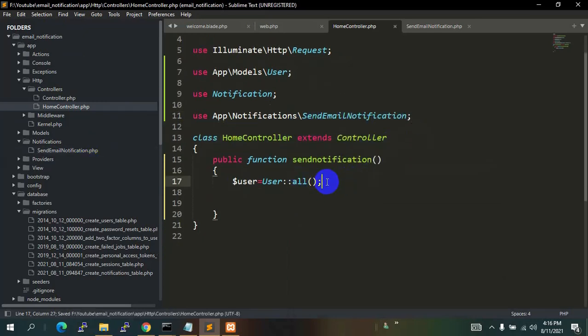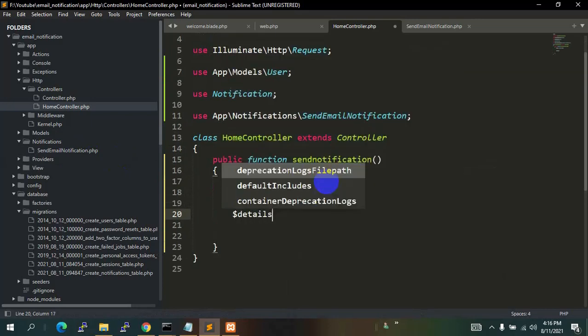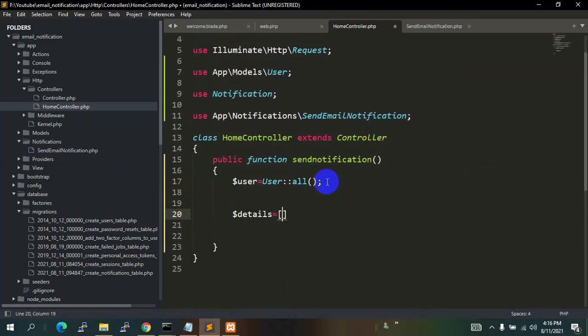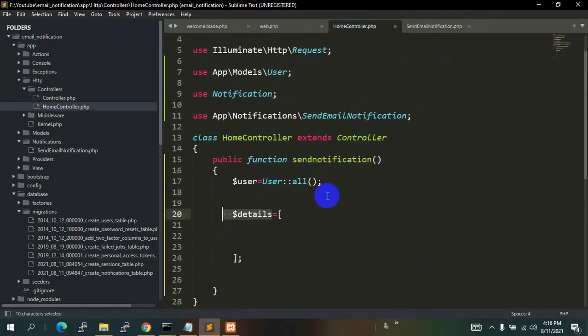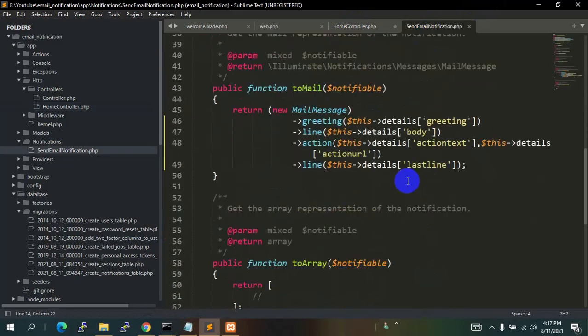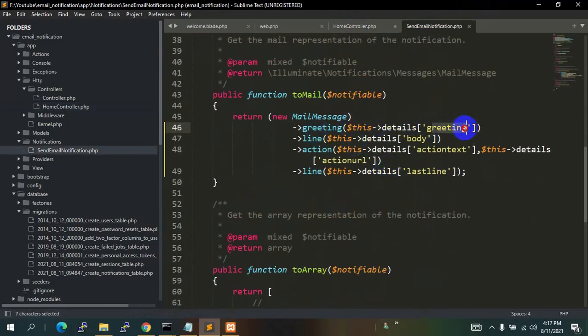So we just need to say over here $details equal to third bracket, and here you can see $details. Now in the send email notification we declared this $details variable. So inside this we are going to mention all those variables that we wrote over here.